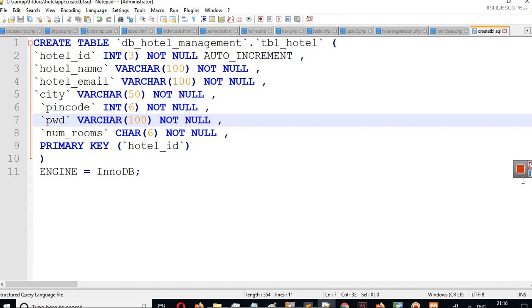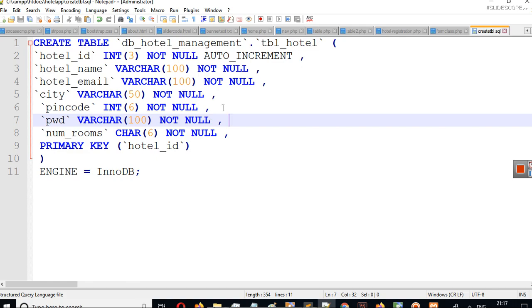So the number of columns that we create in a particular table is decided after discussion with the client. So whenever you have to create an application, always discuss it with the clients, discuss it with your colleagues, and then you will come up with the number of columns here.